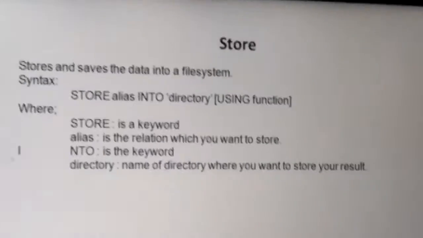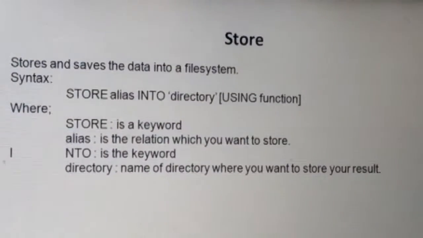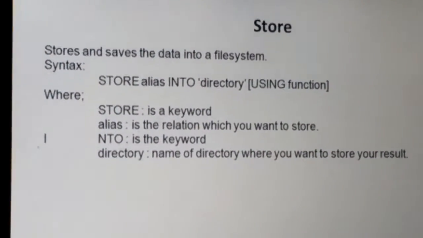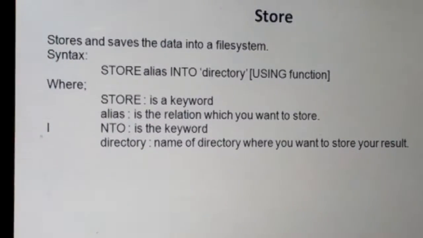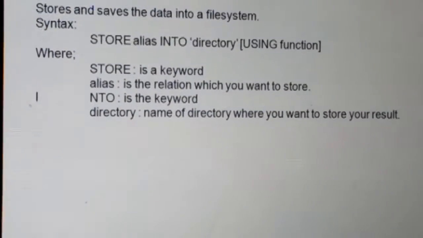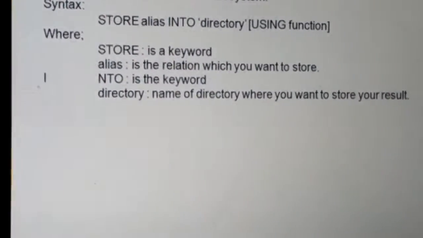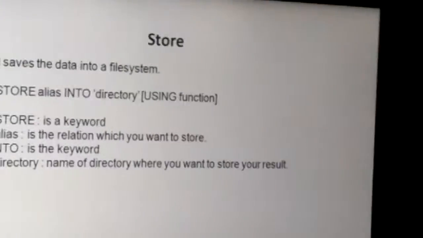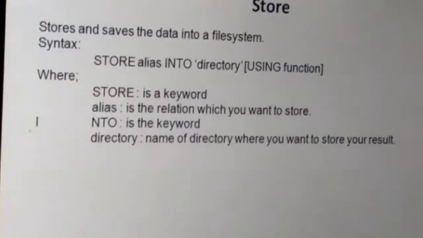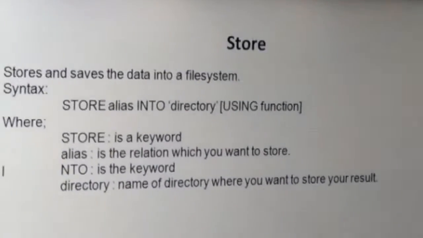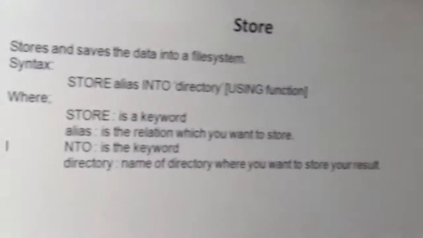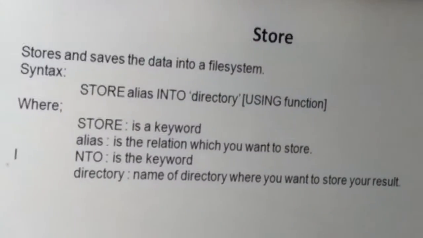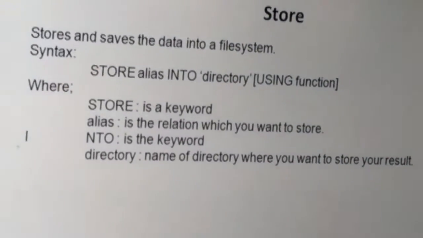Then store is another function. It stores and saves the data into the file system. Syntax is store, then alias, into, then the directory where you want to store, then using function. Where store is a keyword, alias is the relation which you want to store, then into is the keyword, then directory is the name of the directory where you want to store the